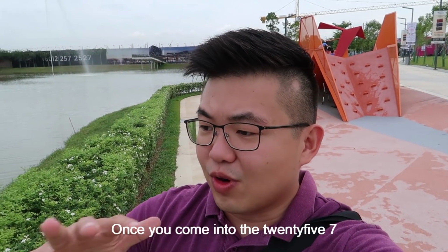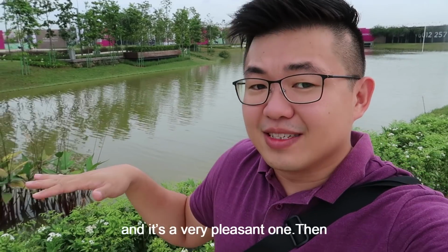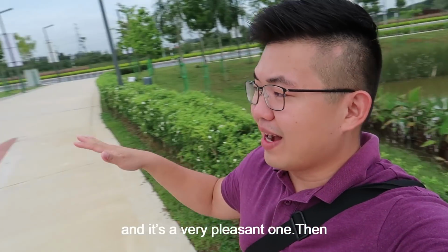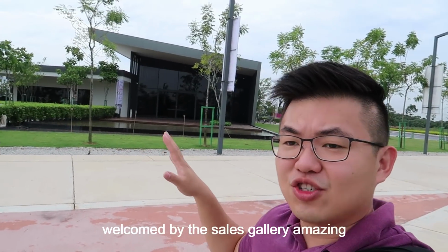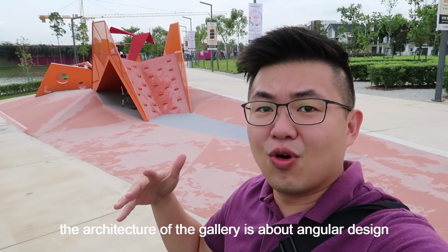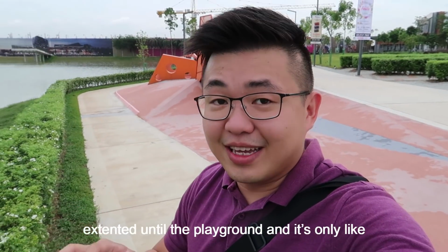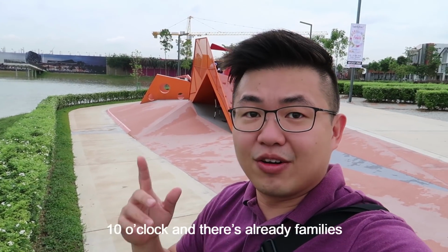Once you come into the 257 area, you can see that there's a small lake and it's a very pleasant one. Then you'll be welcomed by the sales gallery's amazing structure. So everything here, the architecture of the entire gallery, is more of an angular kind of thing. That's why you also have playgrounds for families, and it's like 10 o'clock only, they just opened and there are already